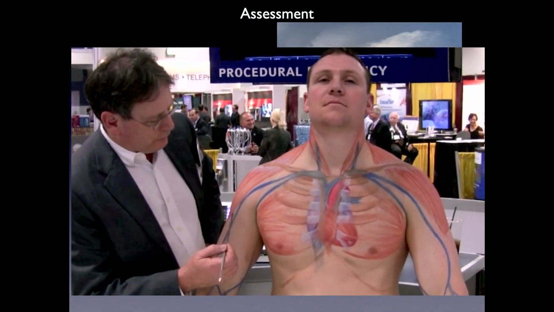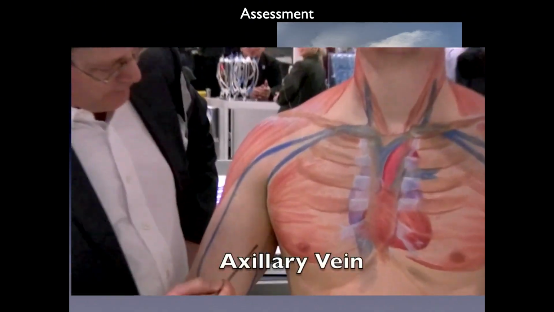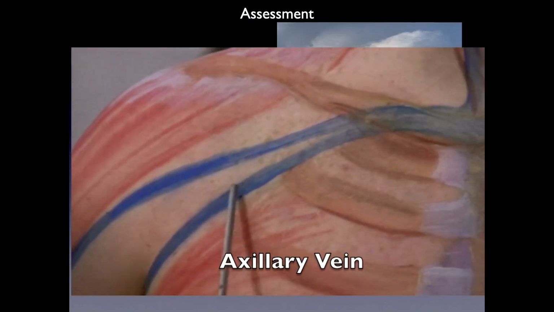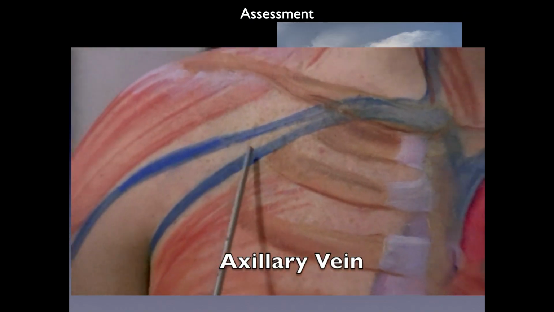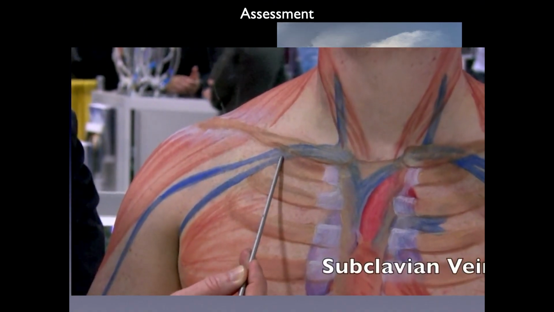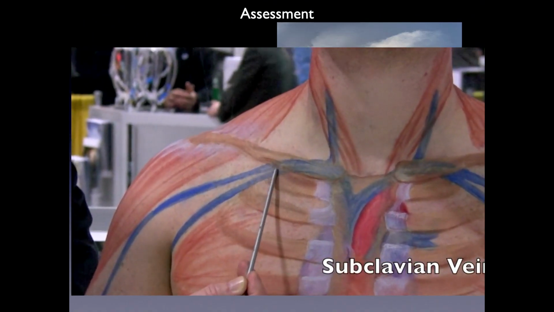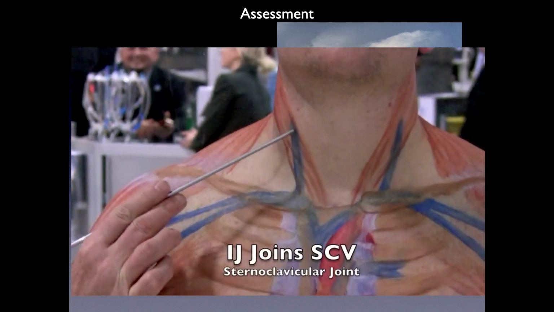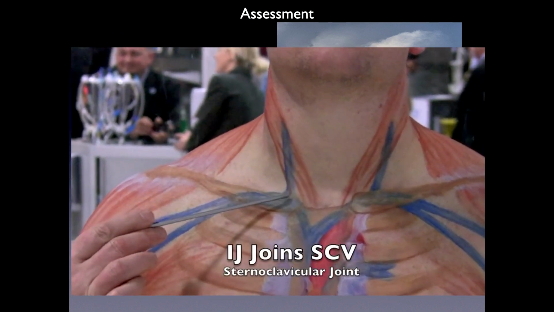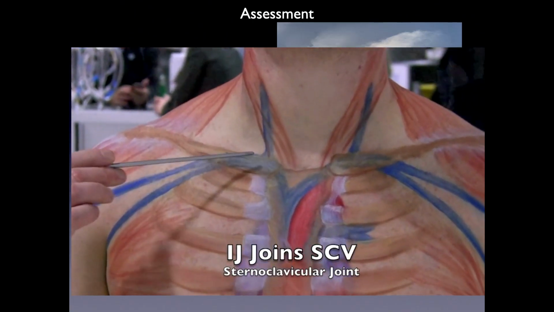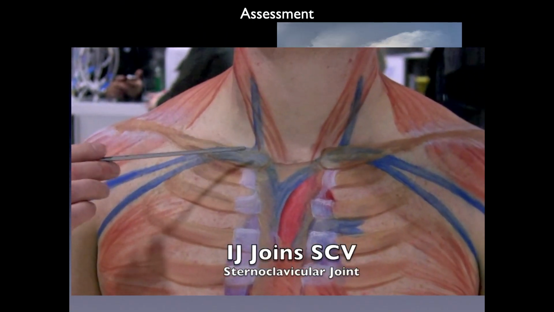Okay, so we're going to demonstrate vascular anatomy in this subject. What we can see here is the axillary vein coming up from the arm, entering the deltopectoral groove. So it's all axillary vein here, axillary vein, axillary vein. When it gets to the lateral border of the first rib, this becomes a subclavian vein, which ducks underneath the clavicle. The jugular vein comes down, ascends to the neck, and it joins with the subclavian vein just north of